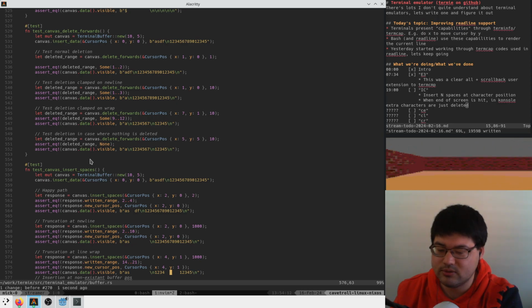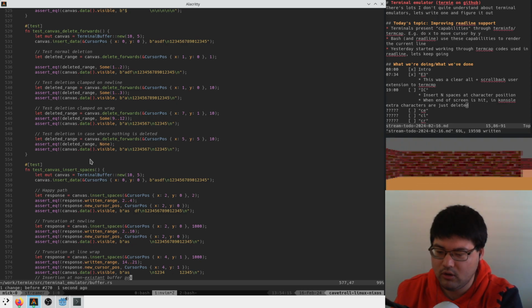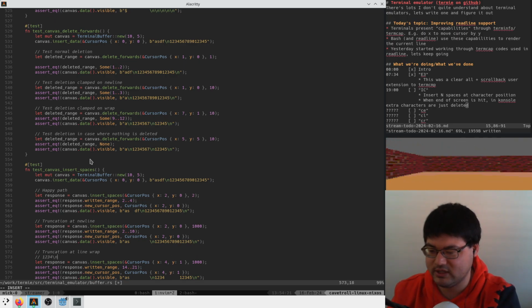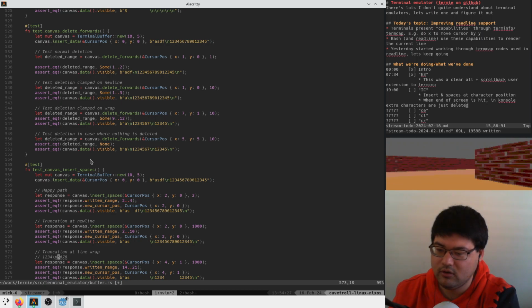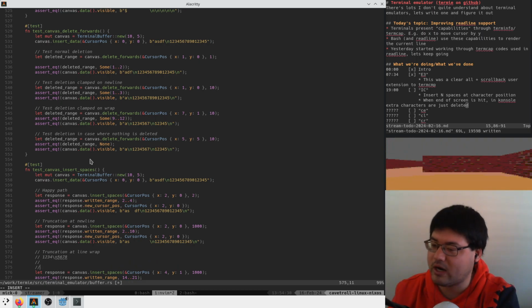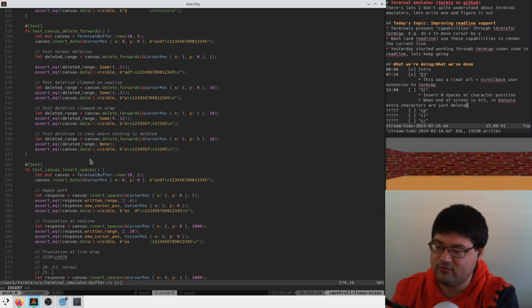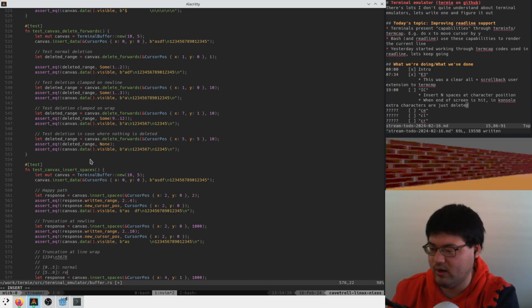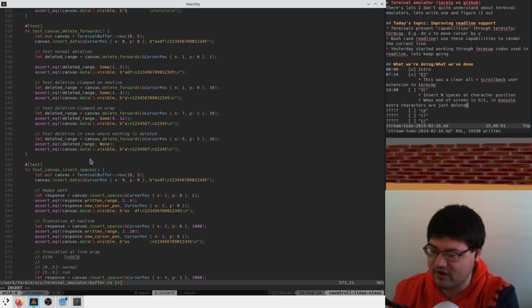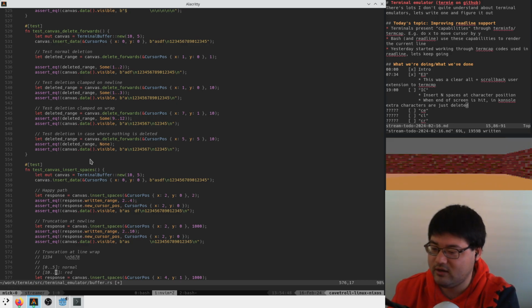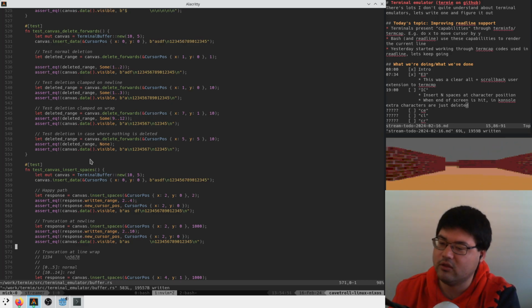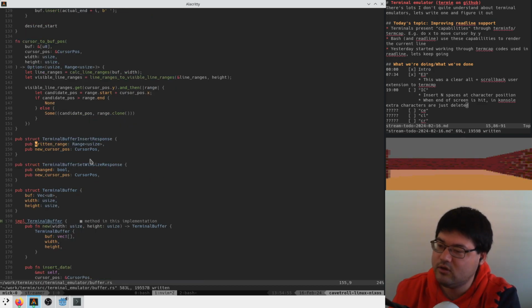Okay. So say before we had like 1, 2, 3, 4, newline, 5, 6, 7, 8. And 5, 6, 7, 8 was red. Right? So the tracker for this would say 0 to 5 is normal. 5 to 9, red. Then we insert spaces here. 1, 2, 3, 4, 5. Now this needs to be adjusted to say that 10 to 14 is red. So us responding with a written range is